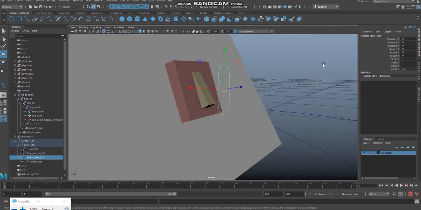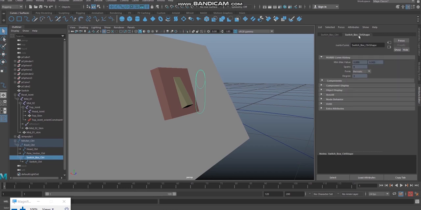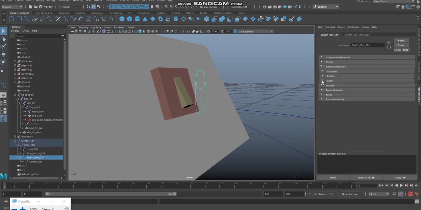for the switch box control, again I'm selecting the controller curve, give control A. Again you can see in the attribute editor two options, switch box control and control shape 1, right? Yes, here in switch box control you can go to the option display.